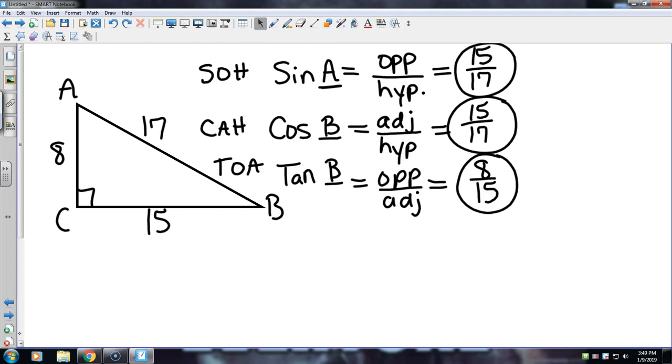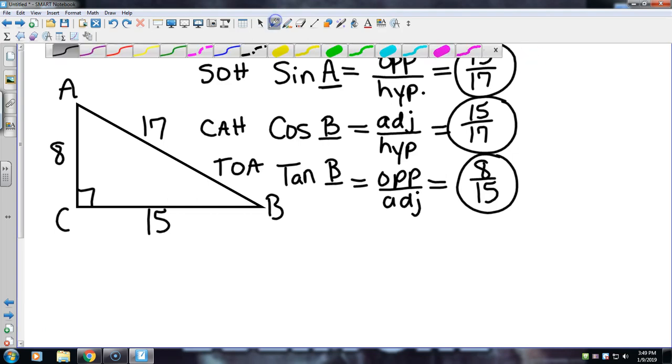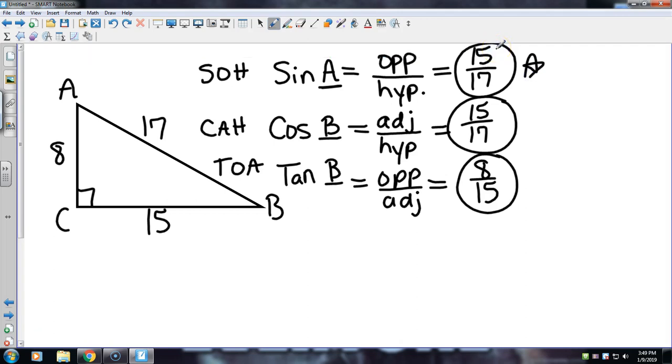I'm going to go up here and look at this one, and I'm going to take 15 and divide it by 17, because 15 over 17 is 15 divided by 17, and I get